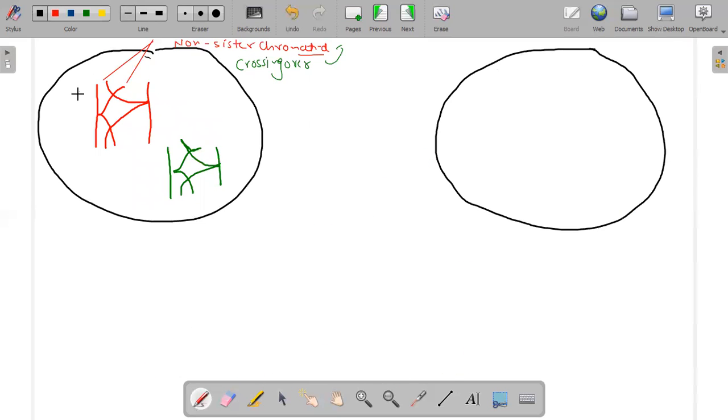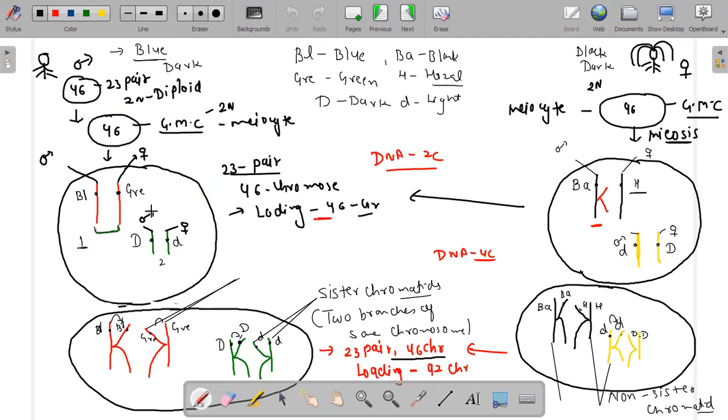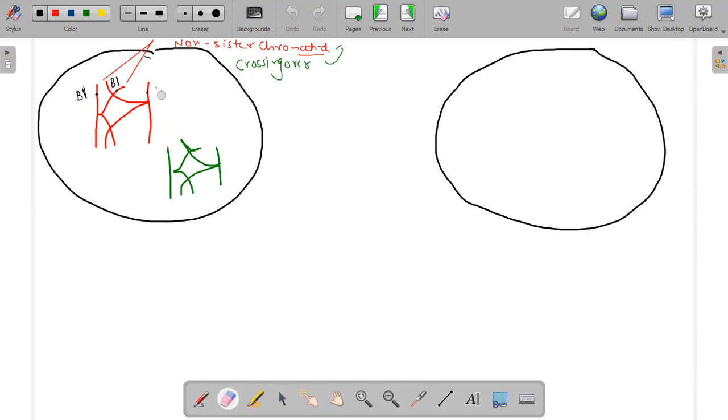So this allele is for blue eye, and here the allele is in cross pattern, and here the allele is for hazel eye, I think. I took green here, so I have to write green here. This one is green, and here this one is green, and you can see the branch is in crossing over pattern. So the green color allele reaches here.